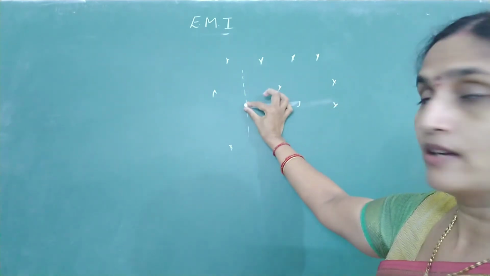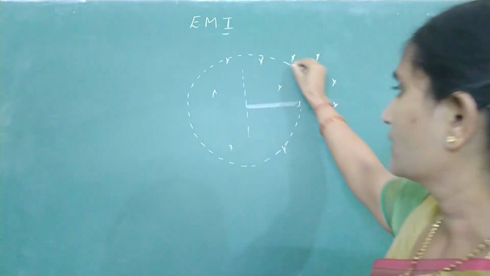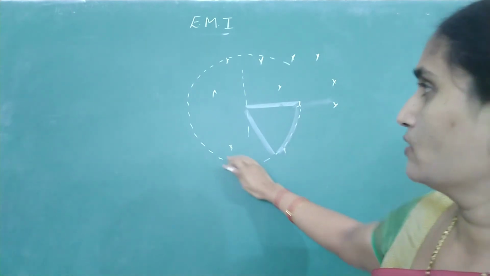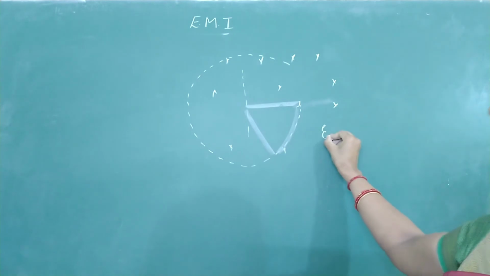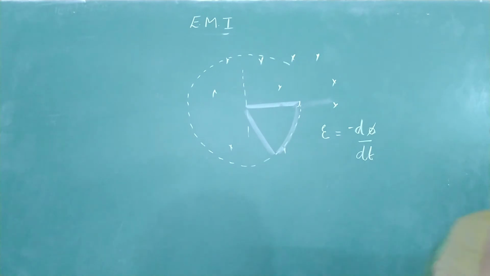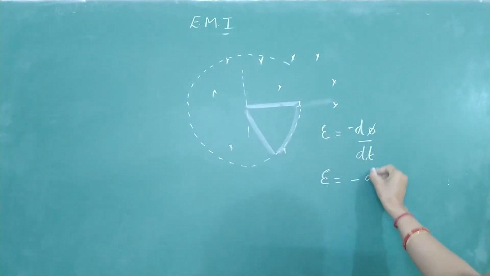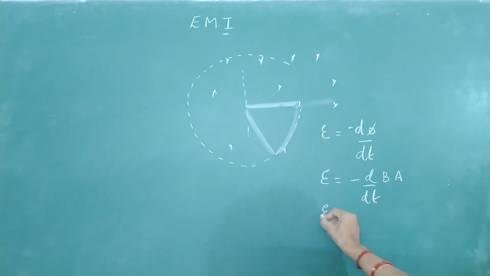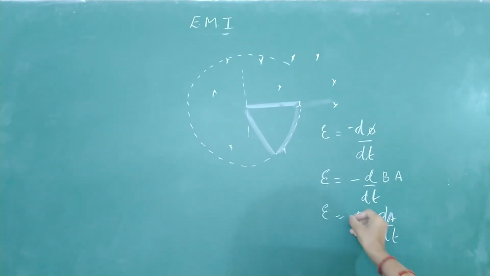We know whenever you rotate it about one end, this is how it is going to rotate. Is it sweeping some area with respect to time? So the rate of change of area will give you the induced EMF. How to get the induced EMF? It is d phi by dt, of course with a minus sign. Flux I will write as B into A, so d by dt of B dot A. The magnetic field is constant, into dA divided by dt.